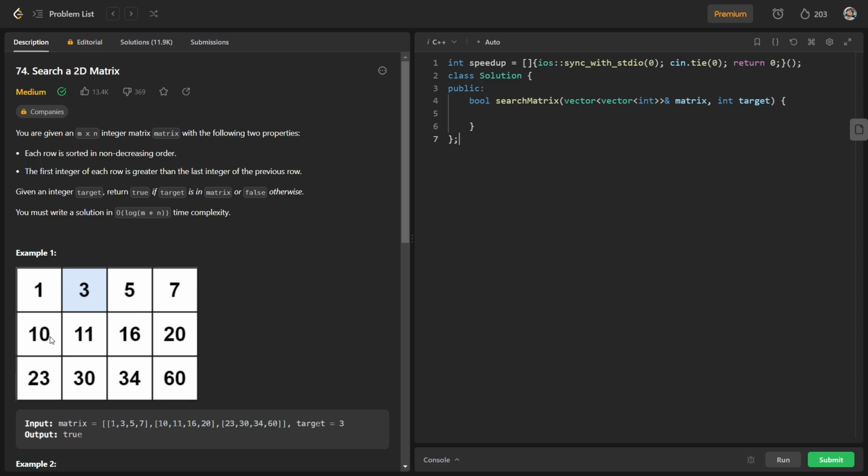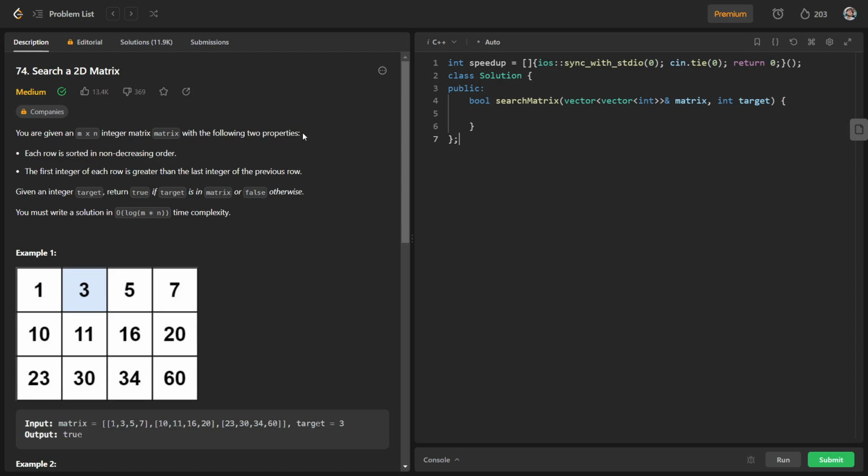The last element of the first row is smaller than the first element of the second row, and similarly the last element of the second row is smaller than the first element of the third row. So basically these two things are given to us.